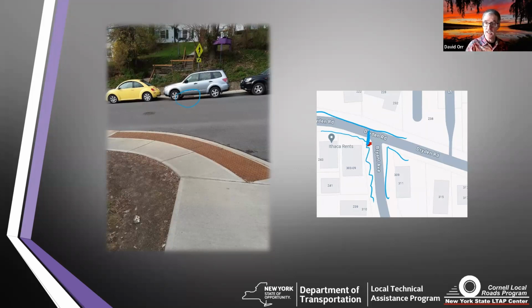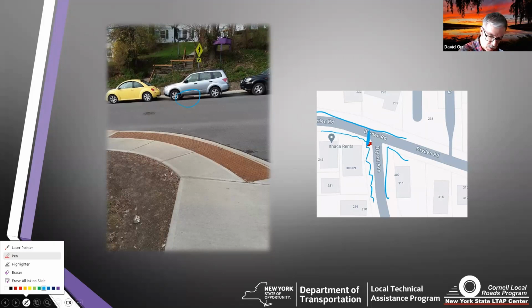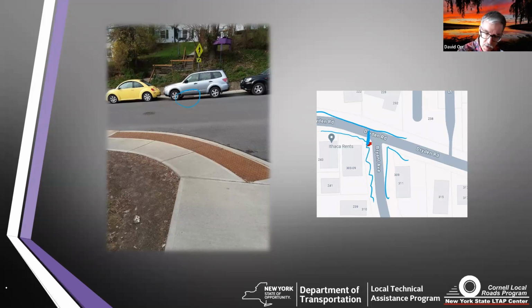And I will tell you right now, if you've got a lot of parking along a roadway, an intersection like this is an absolutely perfect place to think about putting in a bump out. Not just having an ADA ramp, but bringing the roadway out like that. So from above, it would look like, instead of just having an intersection like this with a crosswalk,